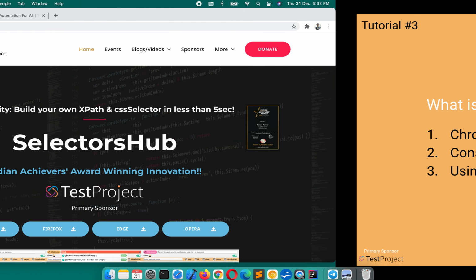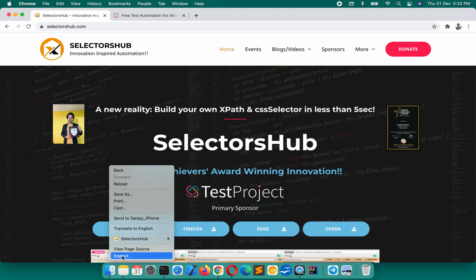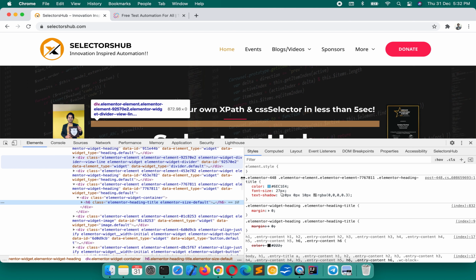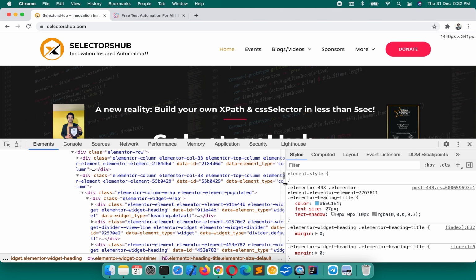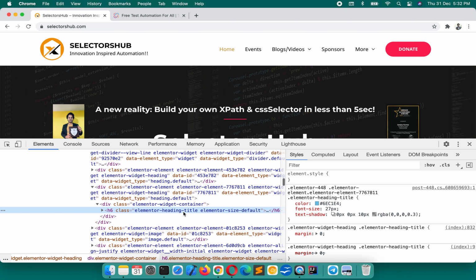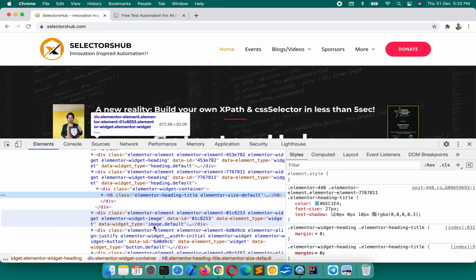Chrome DevTools. And many times you will never understand why you got fired from the interview, what wrong you did. For example, you just click on inspect here, open Chrome DevTools. Let me just zoom in. Okay, so this is a very frequently asked question: tell us how many links are on this page. So what we do in general,